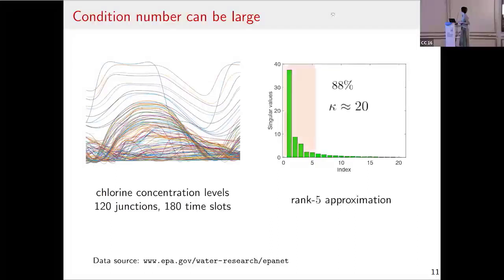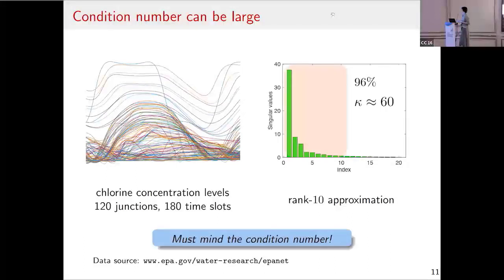If I want to approximate this matrix using a rank 5 low rank approximation, this captures about 88% of the total energy and gives me a condition number around 20. And if I want to capture more energy by doing a rank 10 matrix approximation, this gives me another condition number that is on the order of 60. So this condition number may not seem to be terrible, but the key message here is that even for this very innocent looking data, the condition number can be much larger than the rank or even comparable to the ambient dimension of the matrix. So in terms of the computation, we really shouldn't be ignoring the impacts of the condition number on our computation